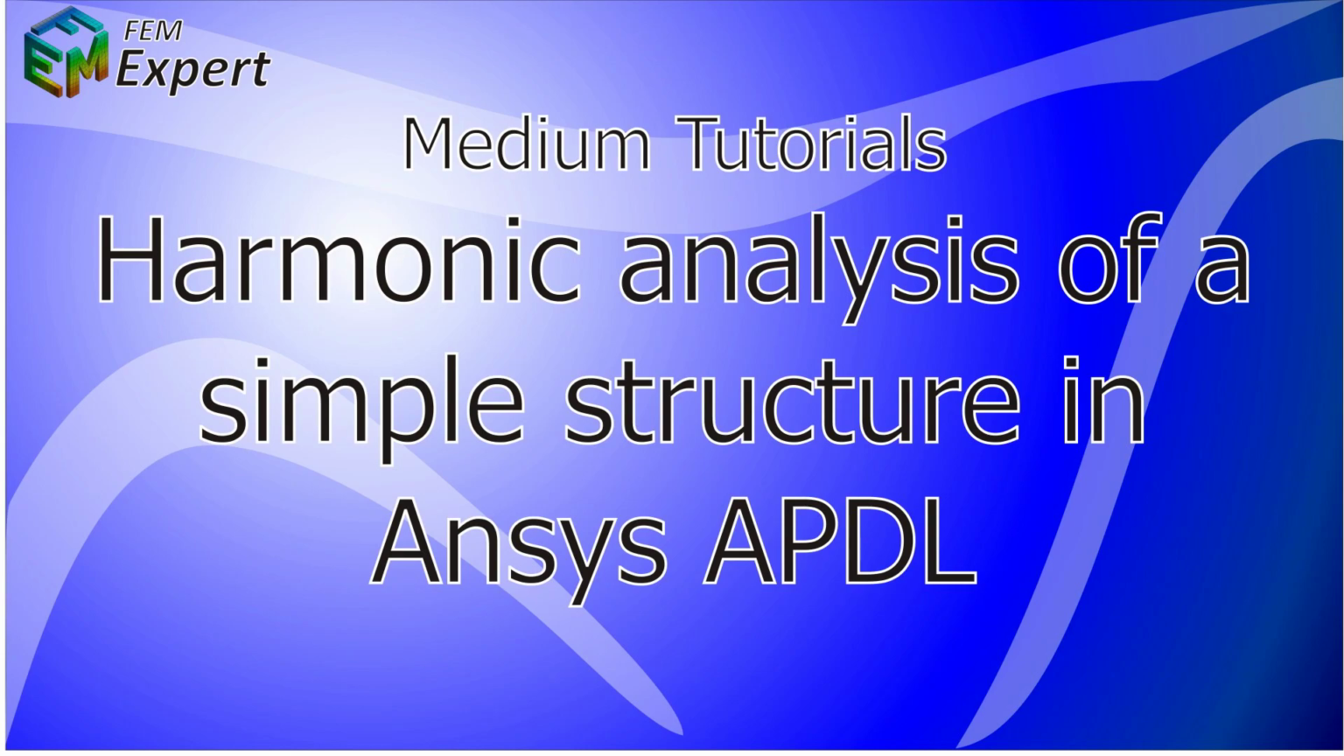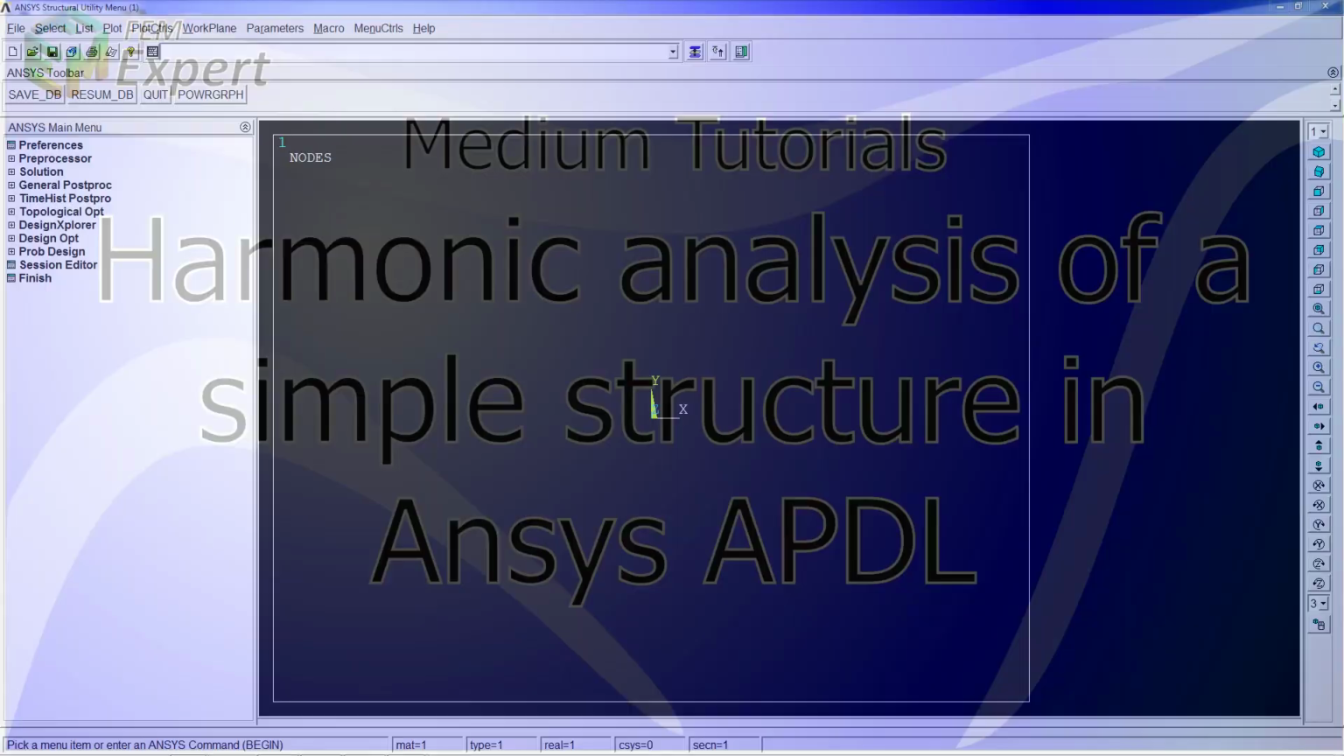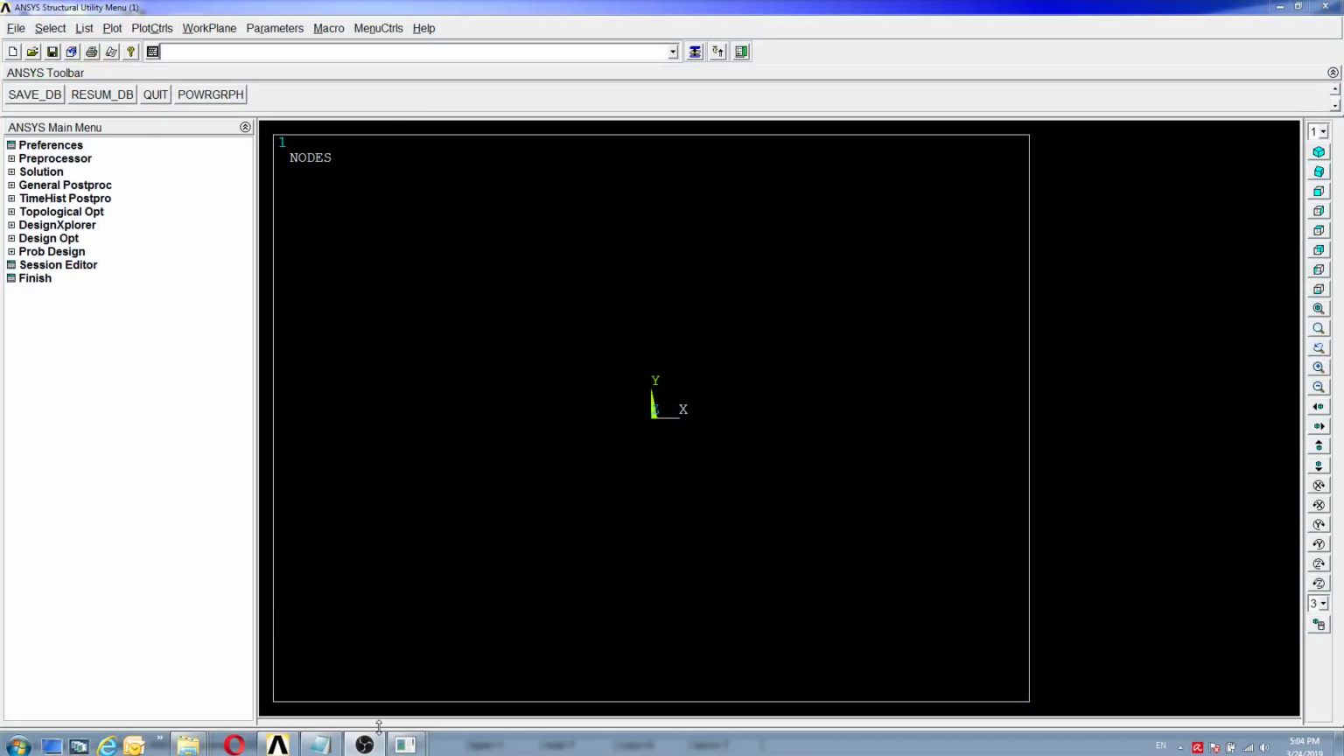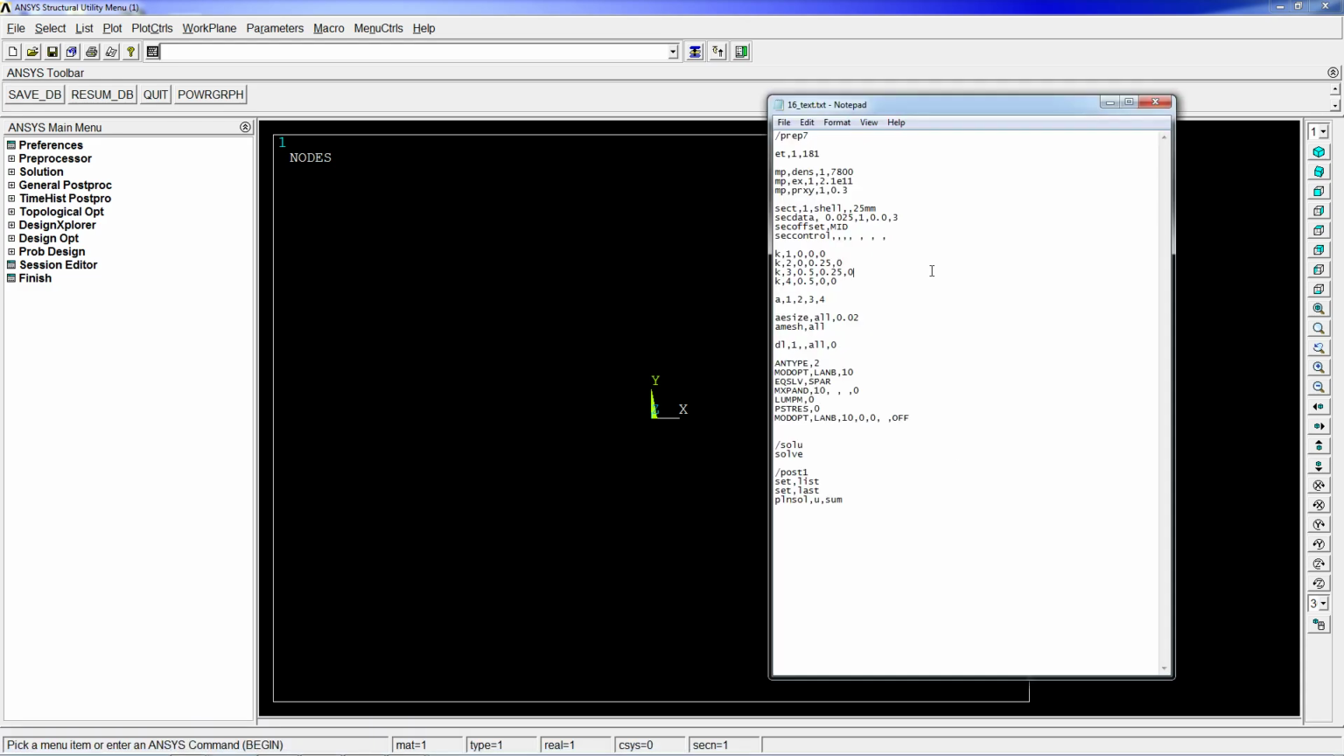In today's tutorial we're going to show you how to perform a harmonic analysis of a simple structure utilizing Ansys APDL. We're going to go straight to the model. We have here our Ansys interface, and we're going to look at this